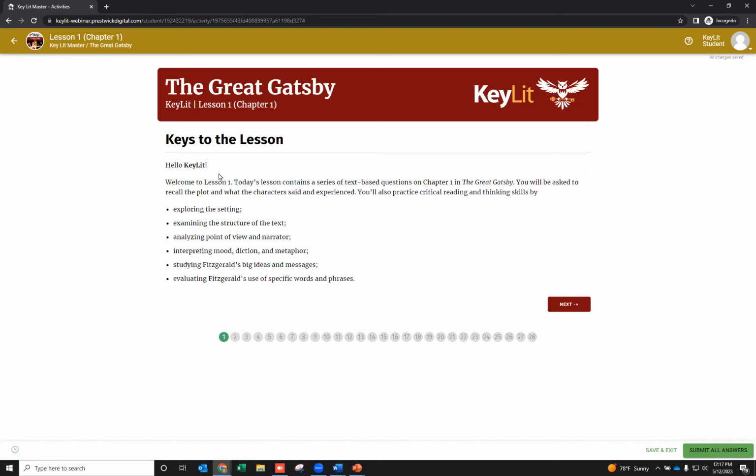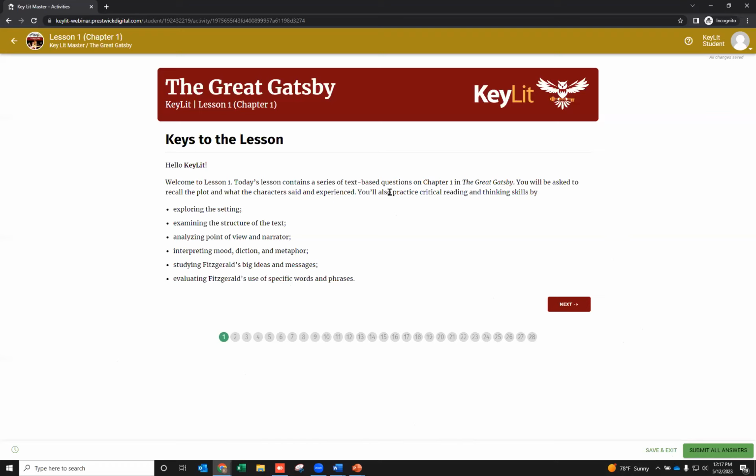We try to address the students directly and tell them what they'll be experiencing on here. They can see exactly how many pages they have to work through. Like I said, the program is designed to take about 20, 25 minutes. So if you spend about a minute per page, that's where you'll end up in here. Some will be much shorter, some will be a little bit longer when you're trying to dig through